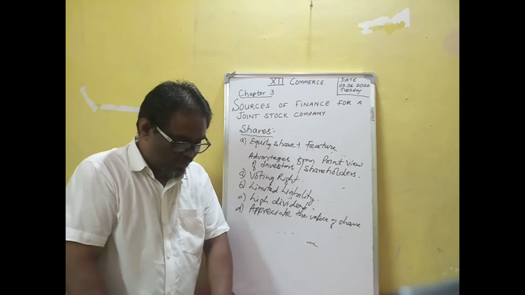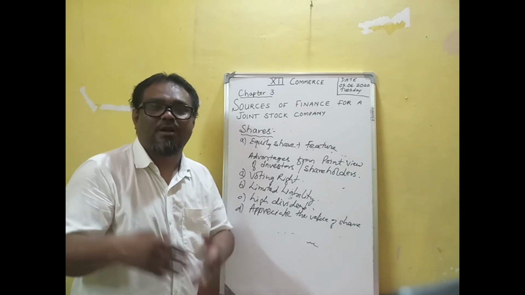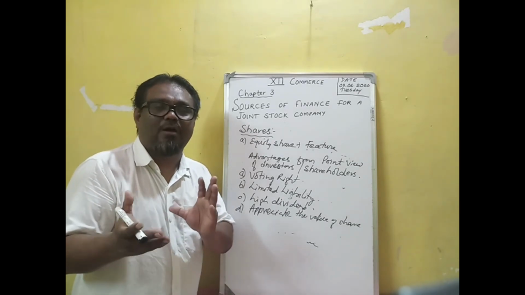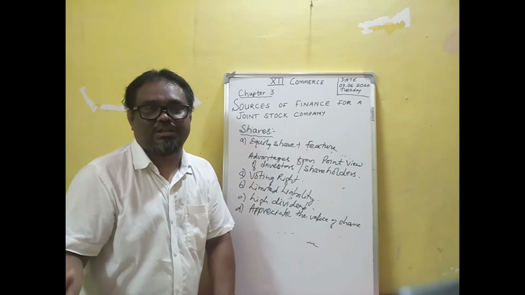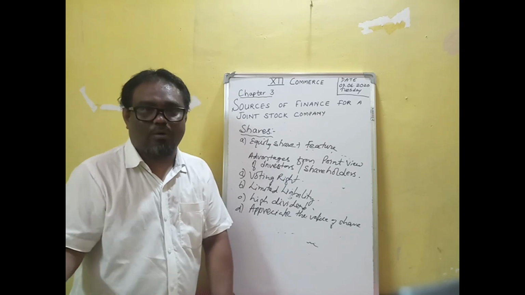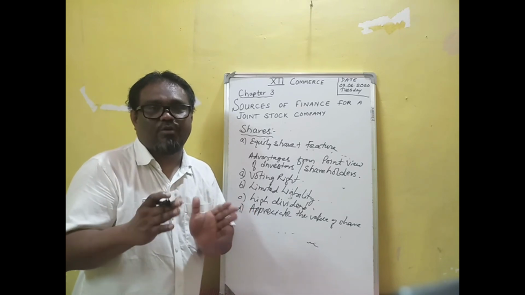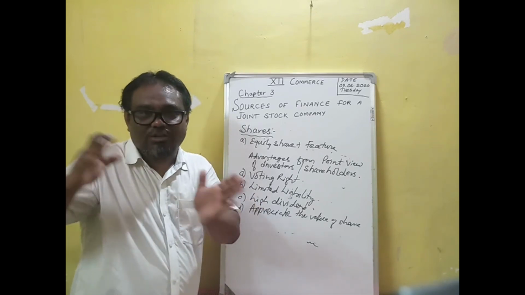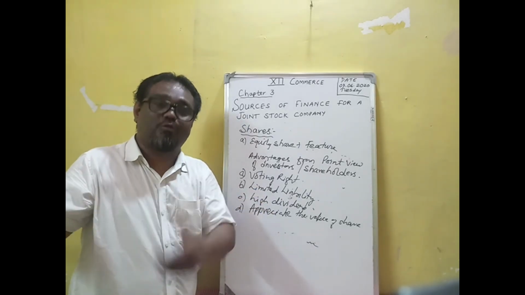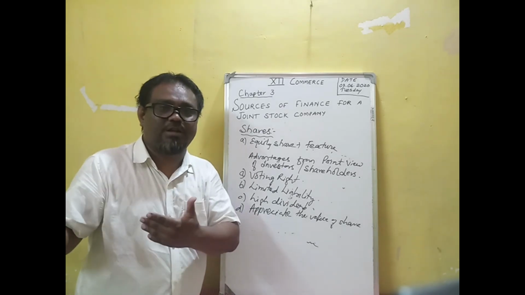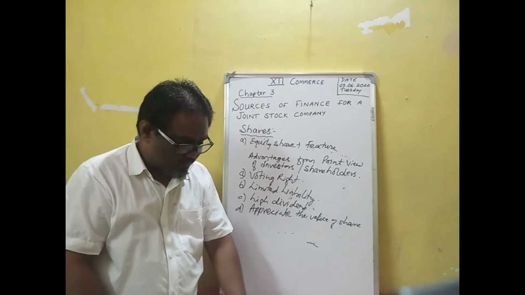After that, no trading on equity. If only equity shares are issued, the company does not get the benefit of other sources like debentures and loans. The company is utilizing its own money and earning profit. Trading on equity means the company earns profit by utilizing debentures or loans from outsiders. If there is no loan from outsiders, there is no trading on equity.